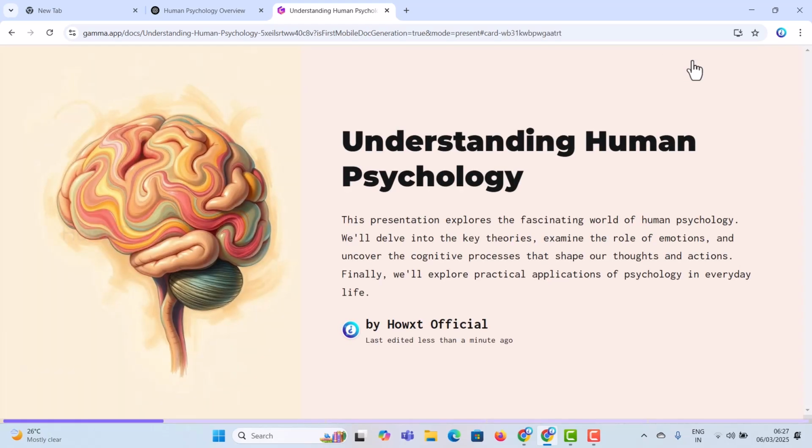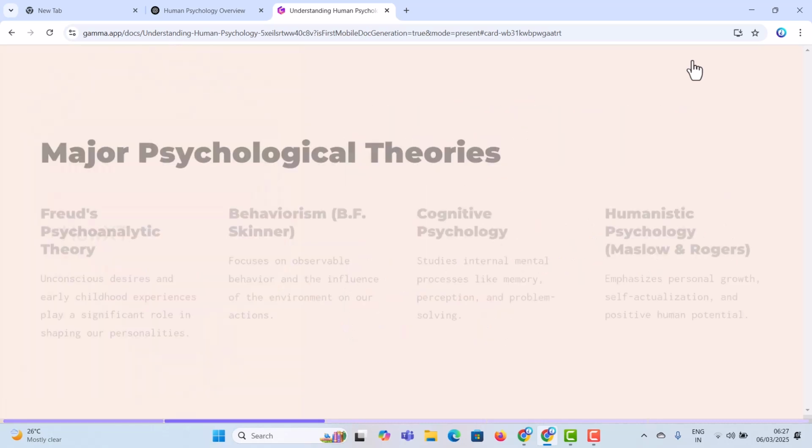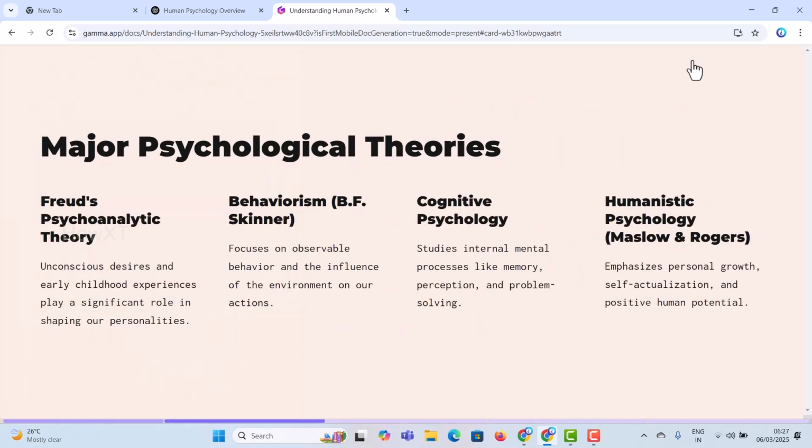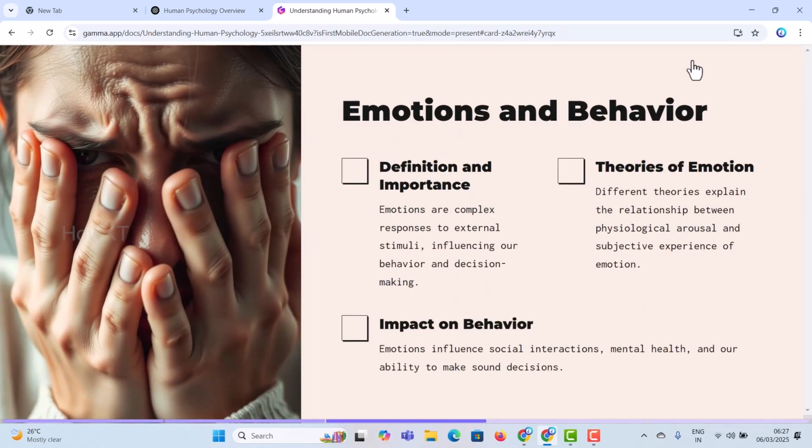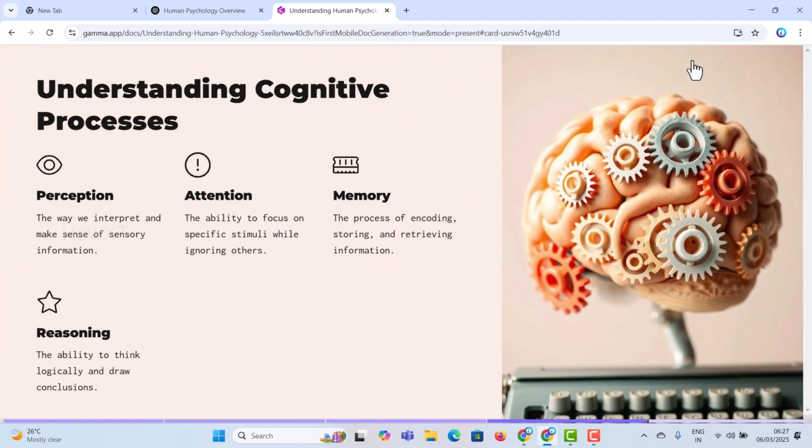You can identify what the text format is and what benefits you have. Everything you can have within seconds. Whatever topic you give, it will generate the images and give beautiful options over here. Use this beautiful site and prepare your presentation and present it to your students or your clients or your